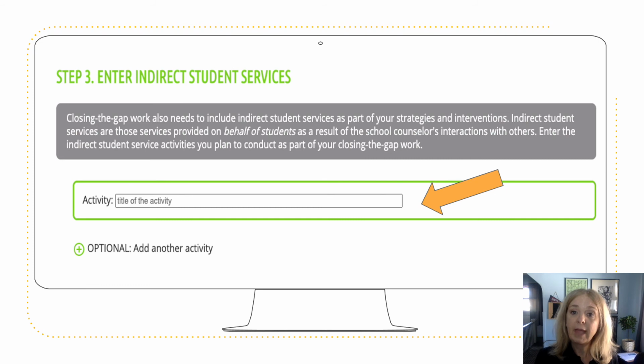Remember that Closing the Gap work also needs to include indirect student services as part of your strategies and interventions. Indirect student services, as a reminder, are those services provided on behalf of students as a result of the school counselor's interactions with others. So here's where you'll also describe the indirect student service activities that you plan to conduct as part of your Closing the Gap work.